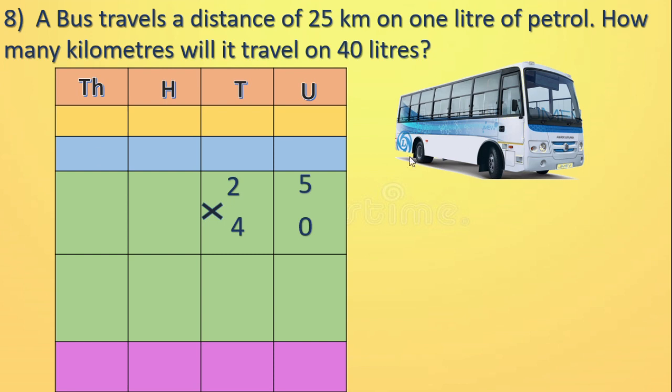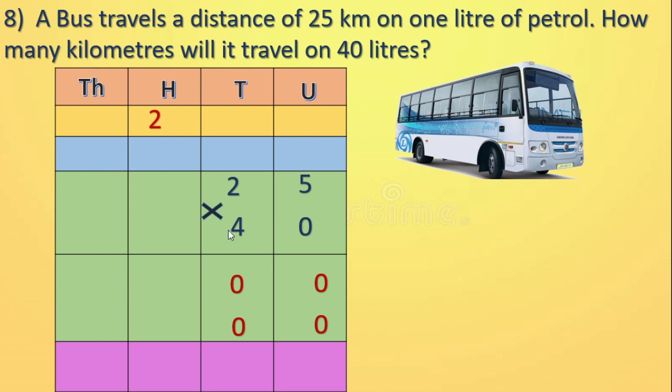Correct? Now we will start with unit place. 0 into 5, 0. You know that any number multiplied by 0 is nothing but 0. 0 multiplied by 2, 0. No work, nothing here. Okay. Now we will move to tens place. So first we will write 0 in the unit place. Now 5 fours are 20, isn't it? Okay. Now 2 will move to, where will it move? It will move to hundreds place. 2 is carried over to hundreds place. Here nothing is there, so I kept this blank.